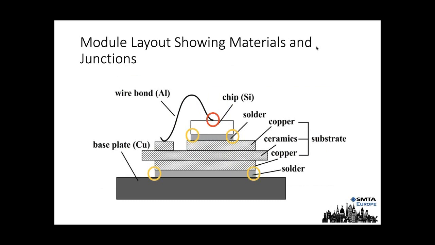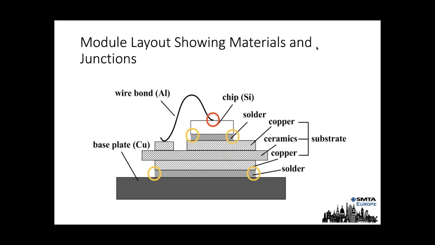These IGBTs have a real mix of materials. You have a copper base plate. Some of these base plates now are up to 13, 14 millimeters thick because this thing generates a lot of heat. You then have a solder layer connected to copper. You have then a ceramic, you have more copper, you have more solder, and then you have a chip on the top with